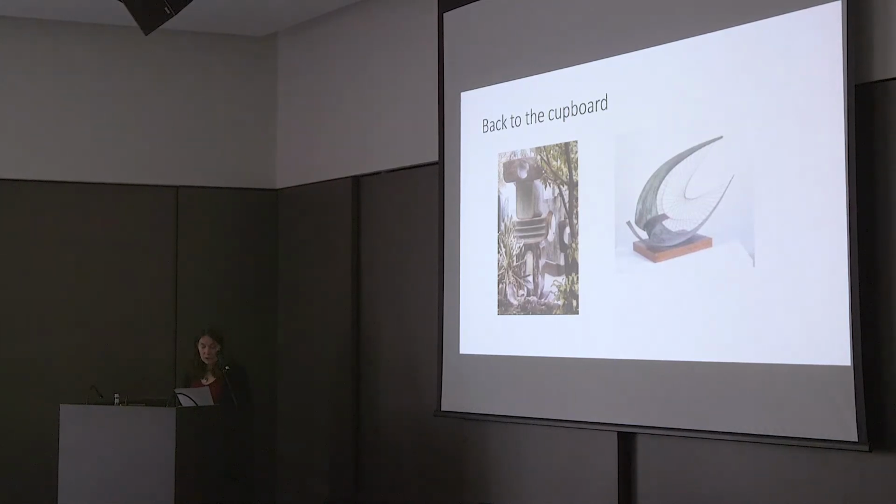There are other items in the Plaster Studio cupboard that may be connected with Hepworth's colouring of bronzes. A white powder could be calcium carbonate, as used in the Family of Man recipe, or it could just be plaster of Paris, or it could be a white pigment. We'd have to analyse it to be sure. Pigments found in the cupboard could also have been added to patinating solutions, or to a lacquer like Laura was talking about with the rings. That might not have just been a straight lacquer. There could be a sort of golden coloured pigment like aurora, yellow ochre, burnt sienna type pigment in it. Or they could more likely have been used for colouring plasters as a guide to the founders, which we know